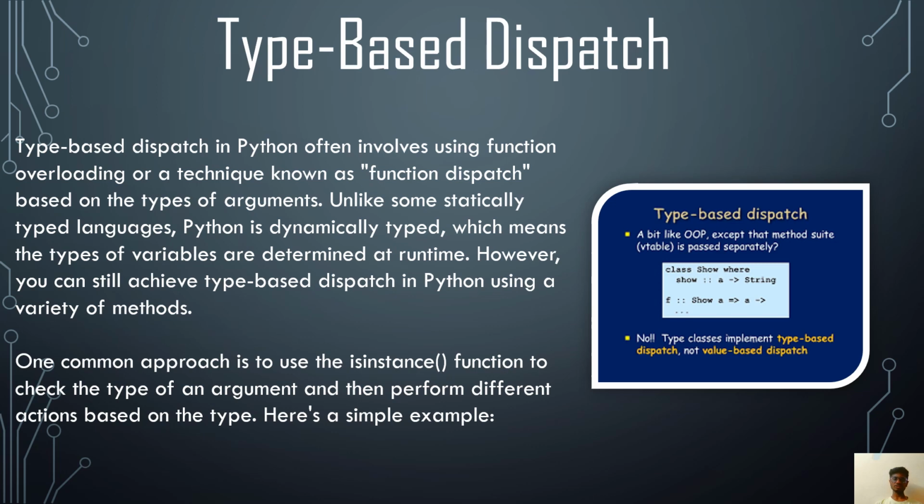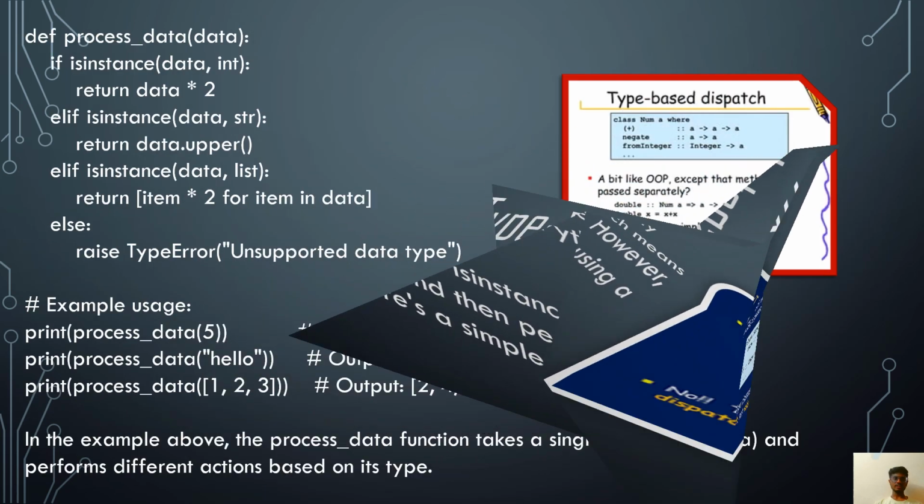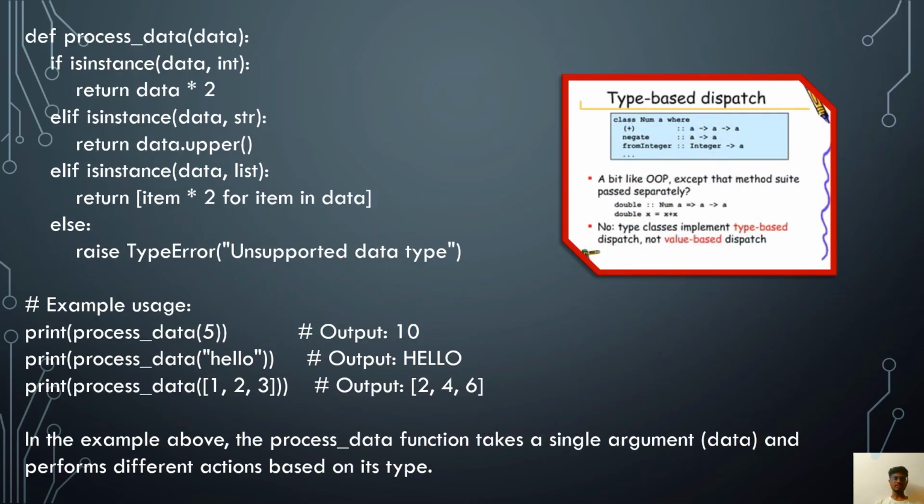One common approach is to use the isinstance function to check the type of an argument and then perform different actions based on the type. Here is a simple example. Here we are going to take def process_data, if isinstance data int, return the data and we are going to multiply it twice,